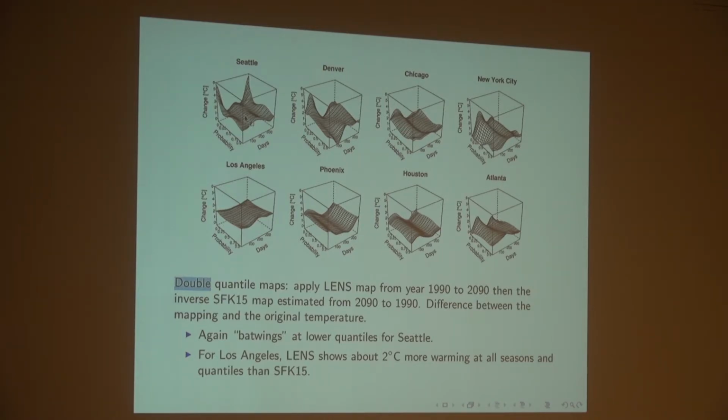So we transform to the future using one map, we transform back to the present using the other map. If those two maps are the same, you should be back where you started, so if you take the difference between that and the original temperature, it should all be 0. So now we're showing a different representation. We're just showing the difference between 1990 and 2090, but we're showing the days,